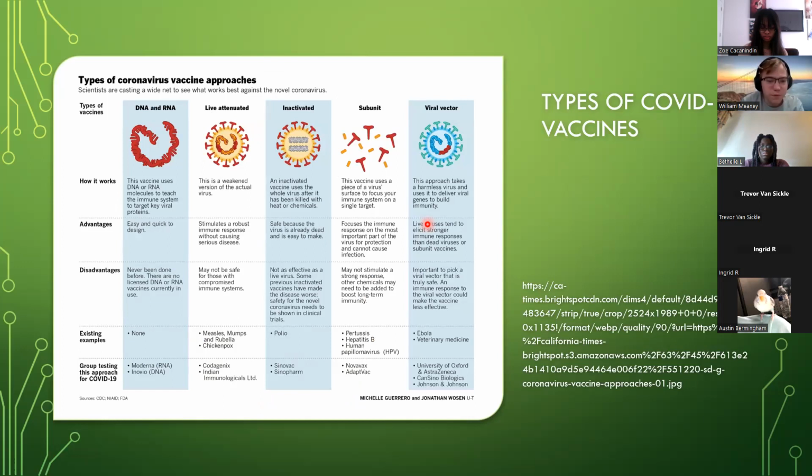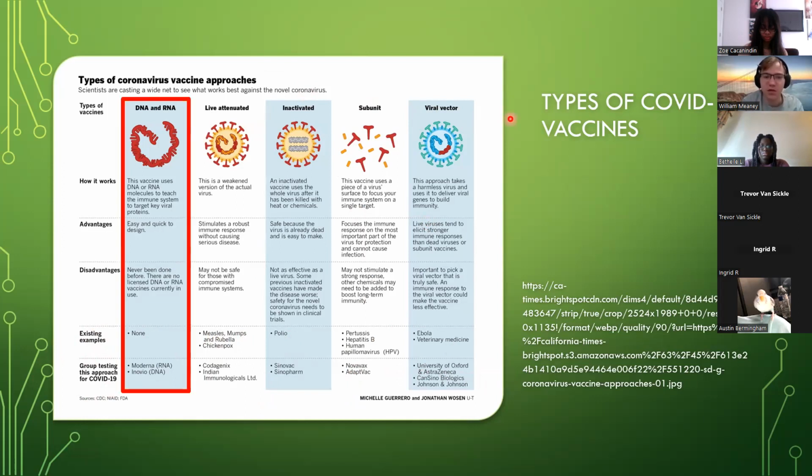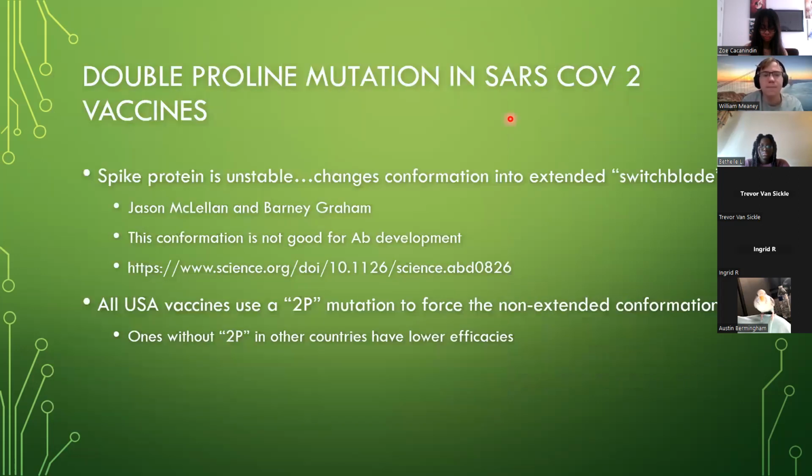And these just give some examples of all the different companies that use all these different types of platforms for SARS-CoV-2 vaccines. All of these vaccines produced in the United States use a double proline mutation to help stabilize the spike protein. The spike protein